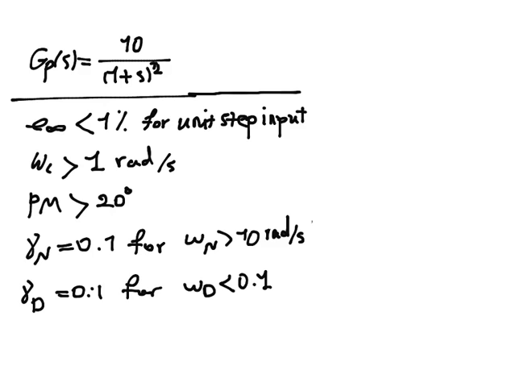If you remember, the requirements are to have steady state error smaller than 1% for the unity step input, cutoff frequency or crossover frequency bigger than 1 radian per second, phase margin bigger than 20 degrees, gamma n equal to 0.1 for frequencies bigger than 10 radian per second, and gamma d equal to again 0.1 for frequencies smaller